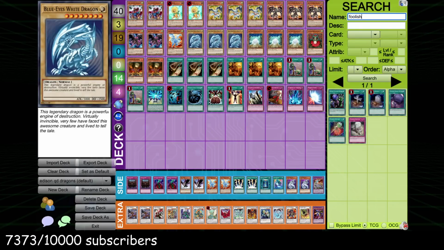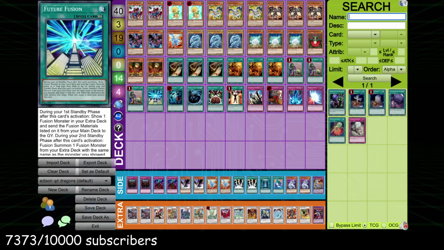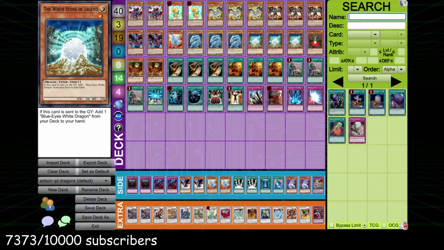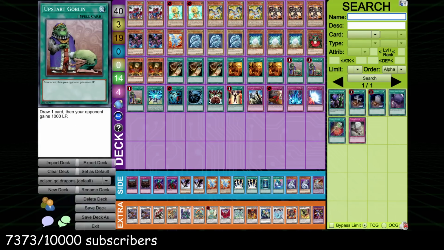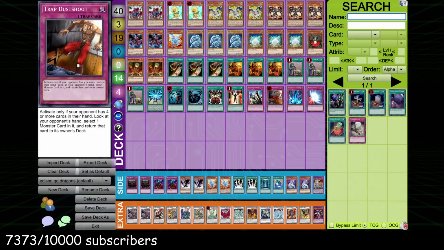And this is one of those decks that actually does not have trouble killing your opponent when they're at 11,000 life points. So I think giving them the extra 3,000 to have that extra shot at opening Future Fusion, or extra consistency at opening your draw engines, or whatever it really is, Quick Draw Dandy, etc., it's worth playing in a deck like this. We've got the 4 best trap cards in the format: Solemn Judgment, Dust Shoot, Torrential